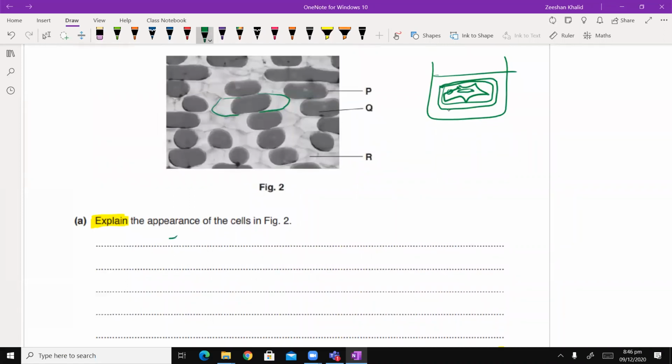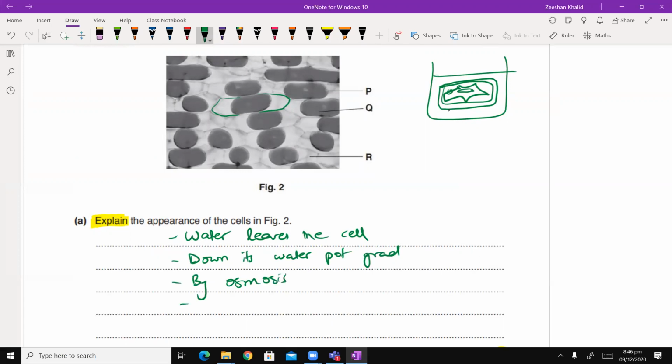The water leaves the cell down its water potential gradient by osmosis through partially permeable membrane. और पहला पॉइंट मैं लिखना भूल गया, वो ये आपको तो अपीयरेंस पूछ रहे हैं, प्रोसेस नहीं